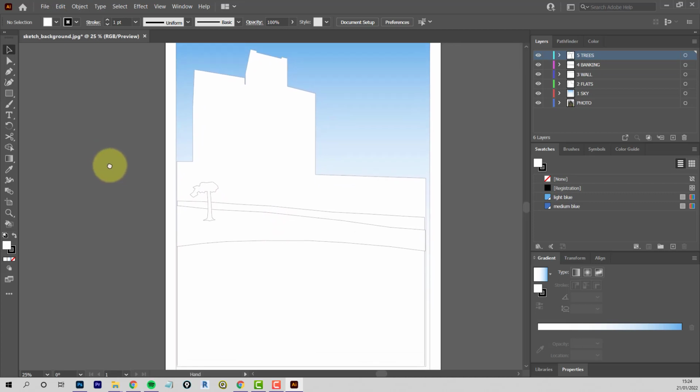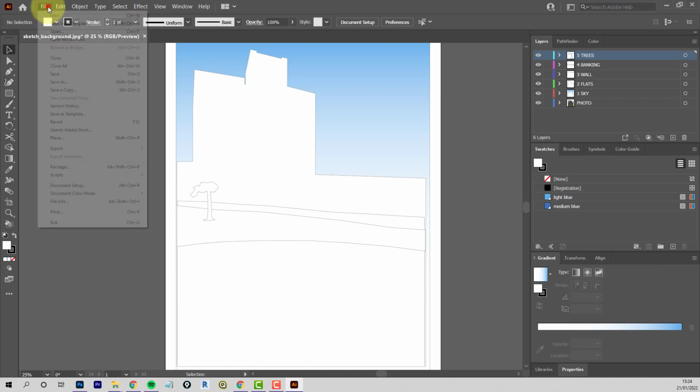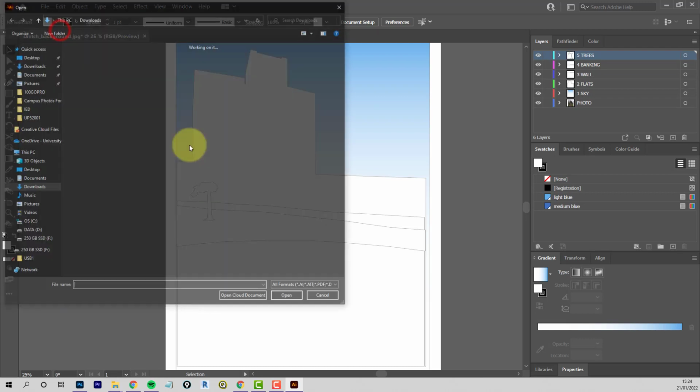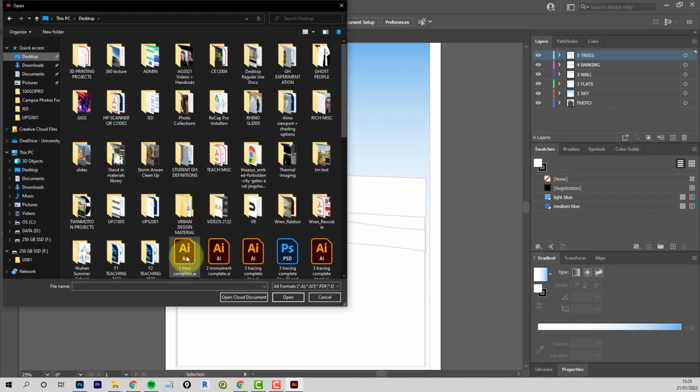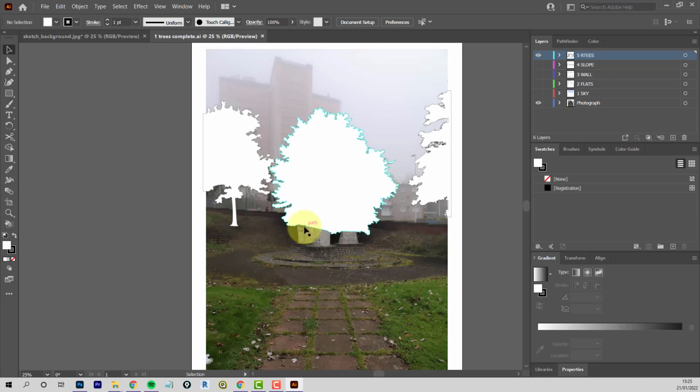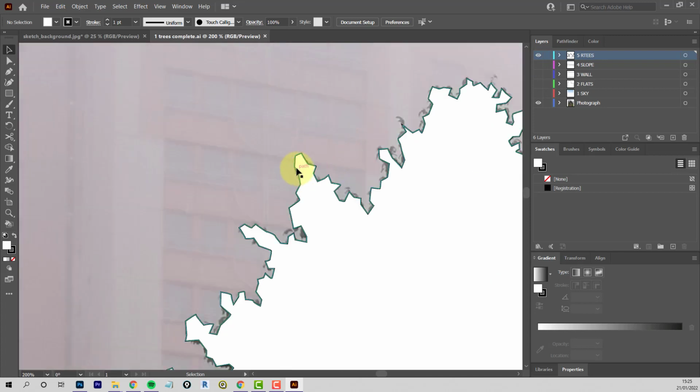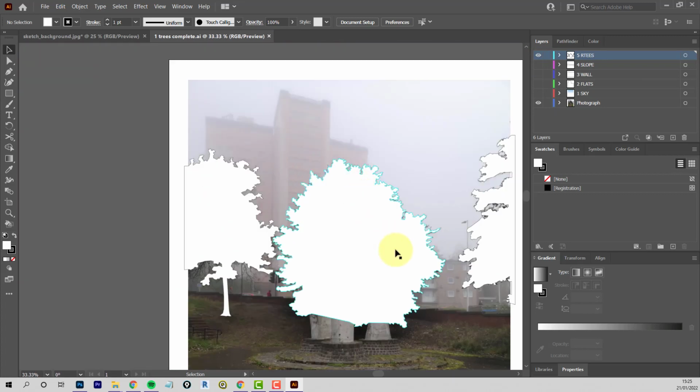Okay, what I'll do is leave that one open and just open one where the trees are all done, rather than you sit watching me do all that. So we've got on the desktop, I've got one where the trees are finished. Oh, that's a big jump forward, that's good. Okay, so I've taken a bit more time, just made them a bit more gnarly. Now we want to work on the monument, and this is where we can introduce